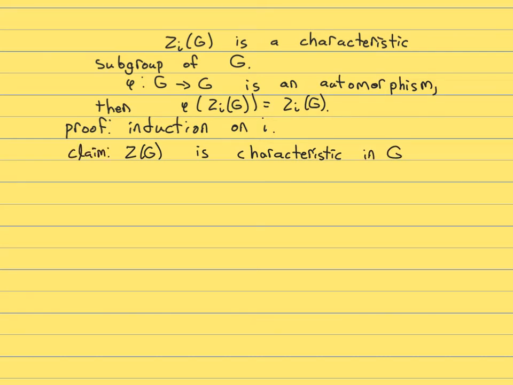That's an interesting exercise worth thinking about. And that would be the base case, i equals 1. We're going to assume that's true. Well, then note, what's the definition of Z_{i+1}? It is defined